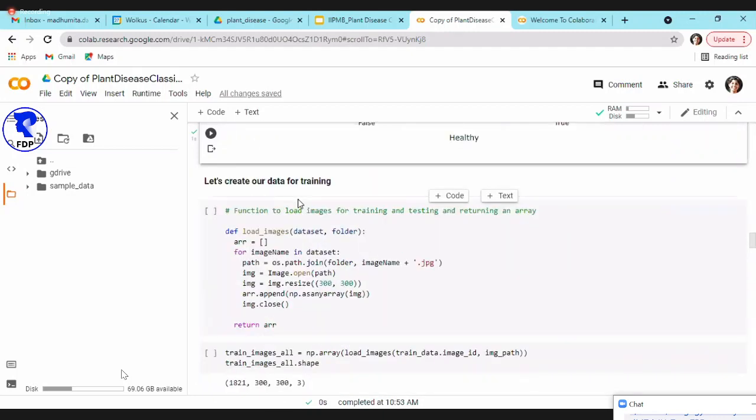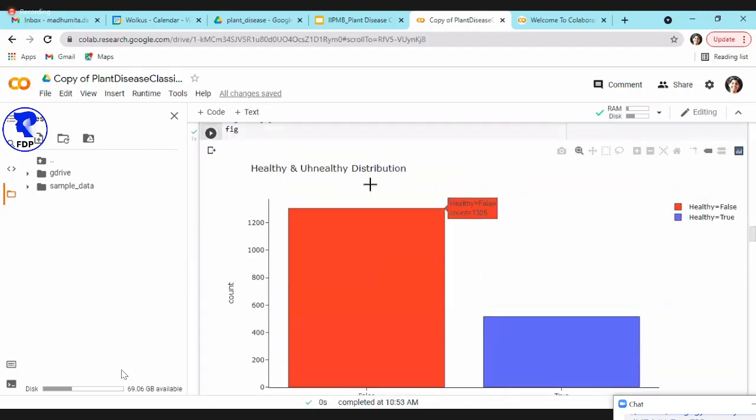Okay, so this is pretty much an overview of your data. You can visualize more of your data. You can explore further what the different sizes of your data are, if they are of the same size and all that. But for the sake of this session, we will just go through this.